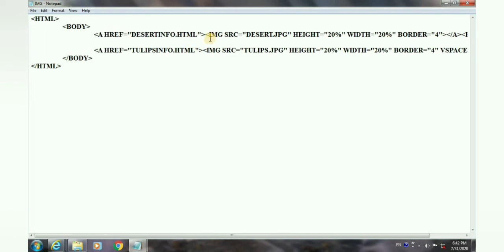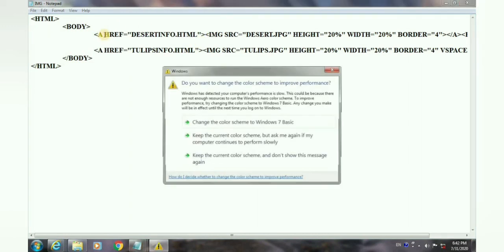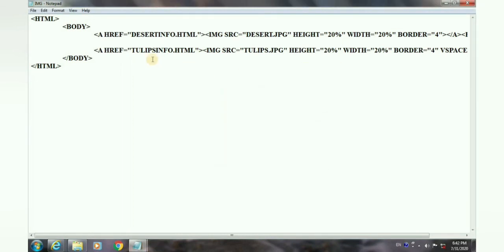Then to create the hyperlink, we have the a tag. A stands for anchor. The compulsory attribute is href, and in the href we provide our source file where we want to move. Instead of text, here we write an image, which means when you click on the image, you will move forward to the next page. If text is written, then when you click on the text, you will move forward to the next page. So a hyperlink is used to connect two or more web pages with each other. This is the concept of creating a hyperlink on an image with the help of the a tag.